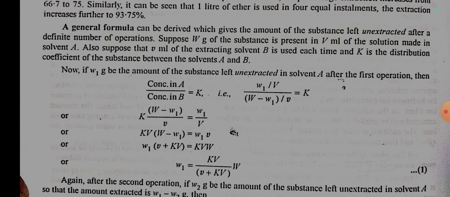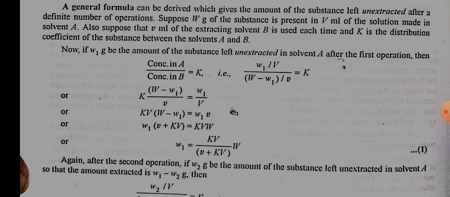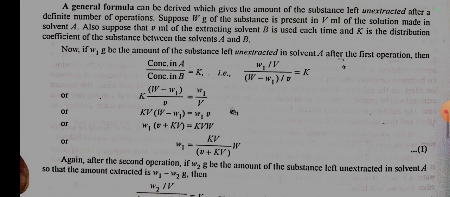Suppose W gram of the substance is present in V ml of the solution made in solvent A. Also suppose that v ml of the extracting solvent B is used each time and K is the distribution coefficient of the substance between the solvents A and B. Now, if W1 gram be the amount of the substance left unextracted in solvent A after the first operation, then